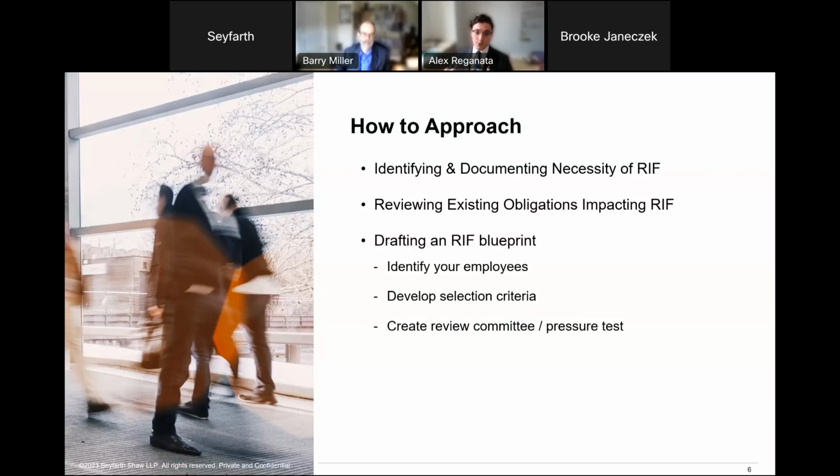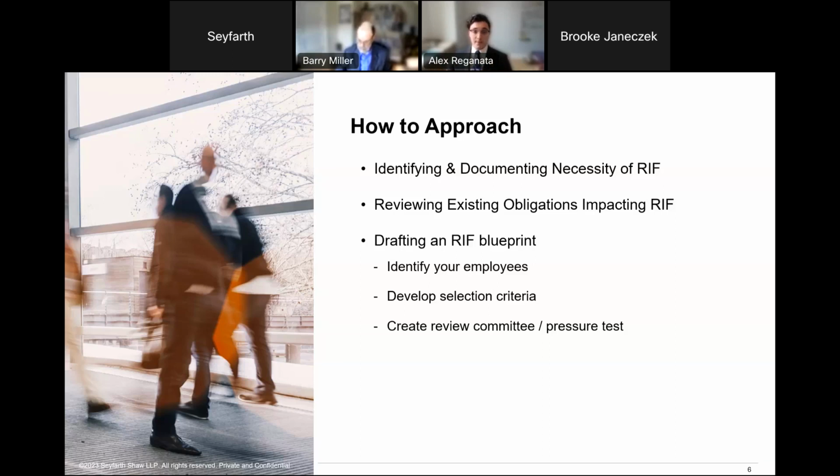You're going to want to review some of the existing obligations that the business has that might impact decisions that are going to be made during the RIF process, and you're going to want to create a blueprint where you're identifying the employees who may be impacted. You're going to develop some selection criteria, and you may want to consider creation of a review committee and then pressure test some of these inputs that you're taking into account.